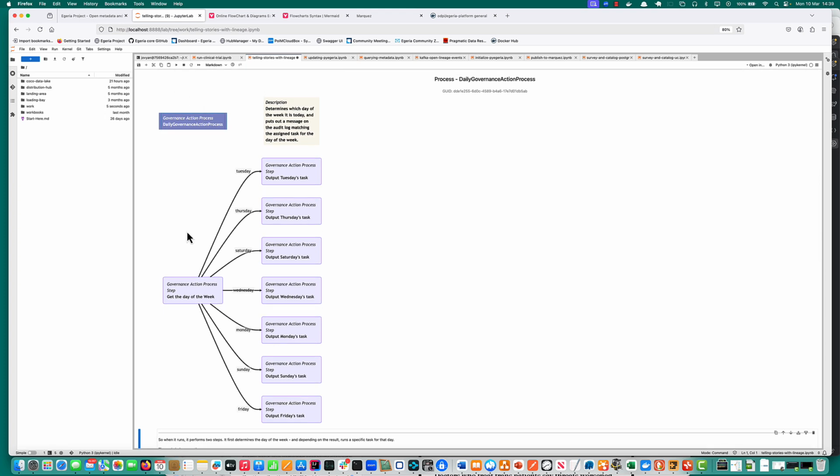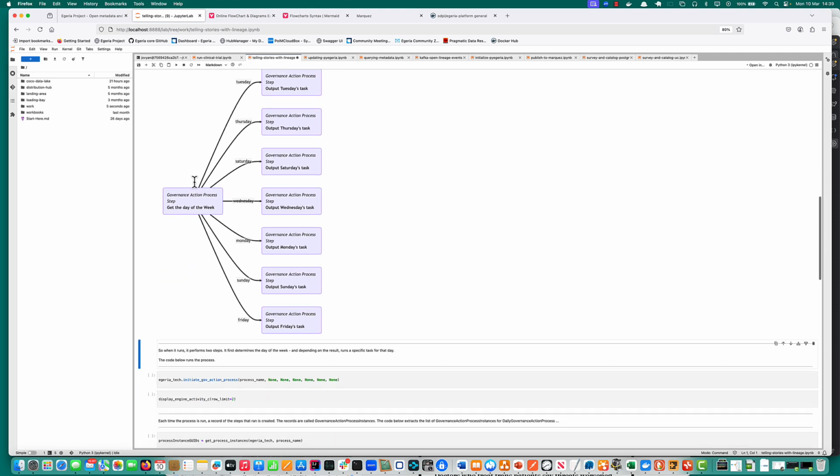The first step to run retrieves the day of the week and outputs it as a result to the governance engine. The governance engine uses the result to determine the next step and runs it. In this process, there's a different step for each day of the week. If I then run this process,